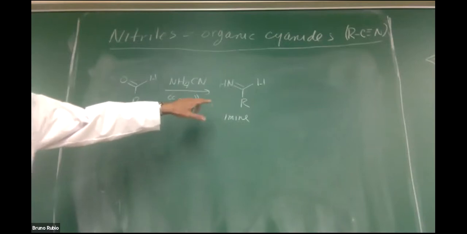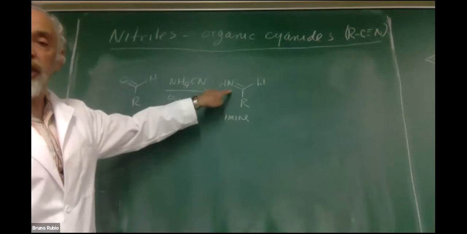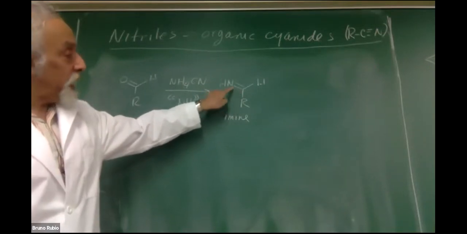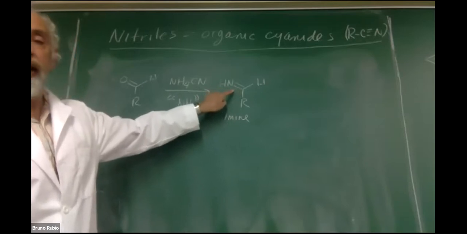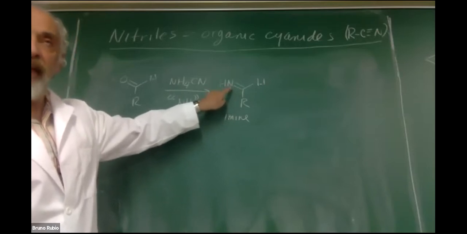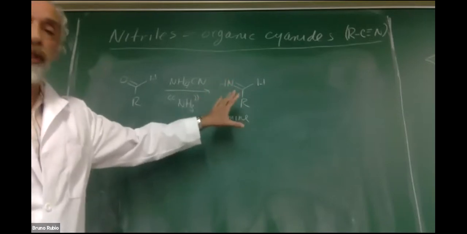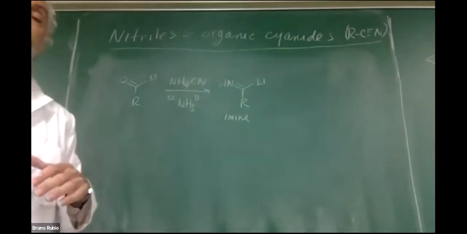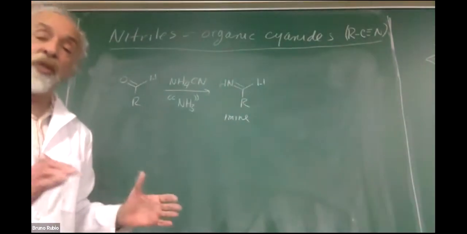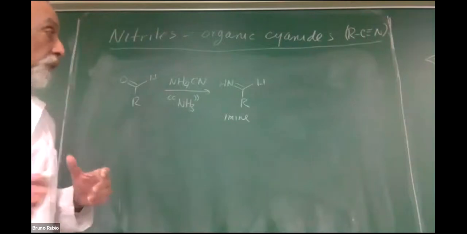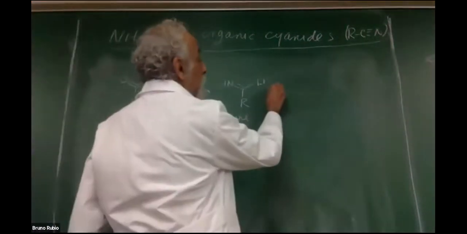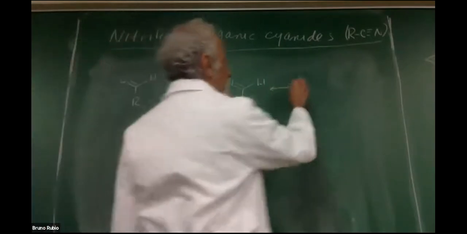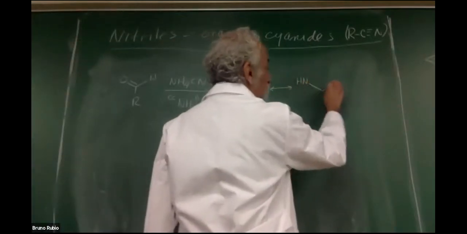So now this isn't a carbon oxygen double bond, right? It's not an aldehyde or a ketone anymore. It's an imine. This isn't a carbon oxygen double bond. It's a carbon nitrogen double bond. But the chemistry of the carbon nitrogen double bond is frequently very similar to the chemistry of the carbon oxygen double bond, in that I can draw a resonance structure for the imine, in which